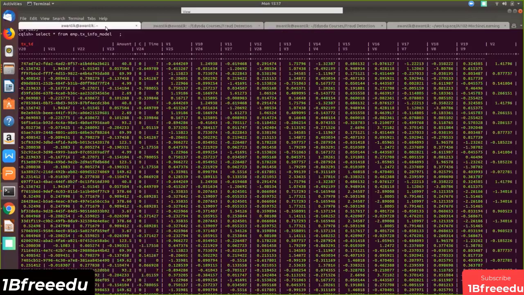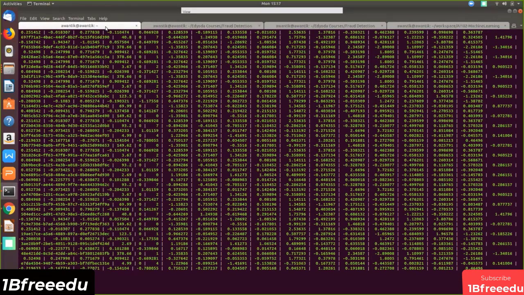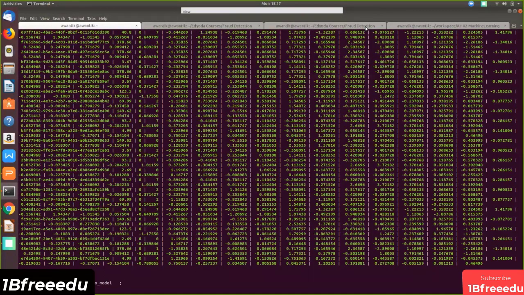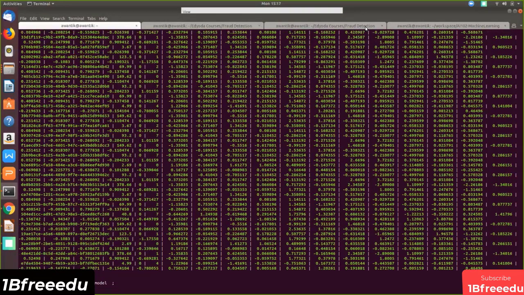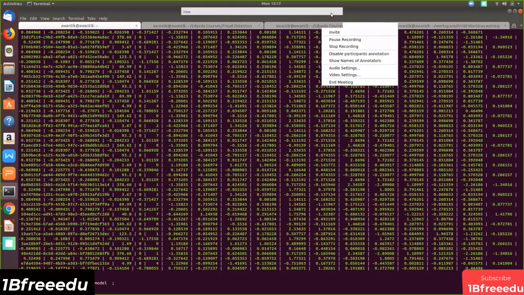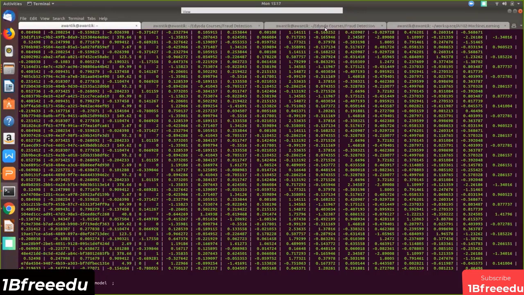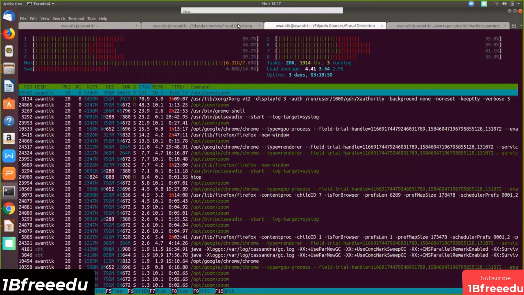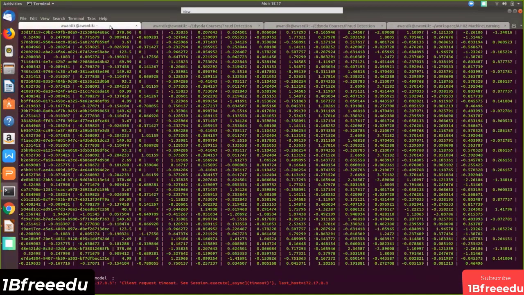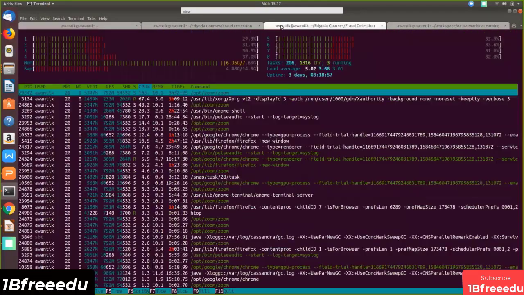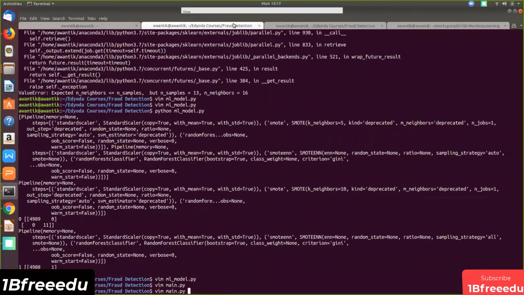Since my data is already loaded, I'll have to delete this so that we can drop the table. It will delete it. Once this is deleted, we want to run this whole application.